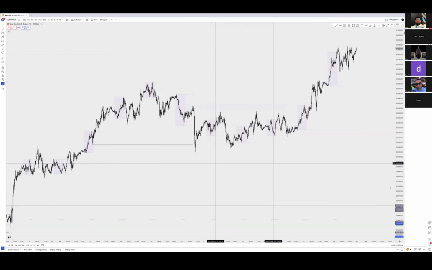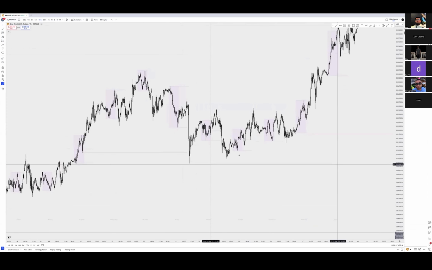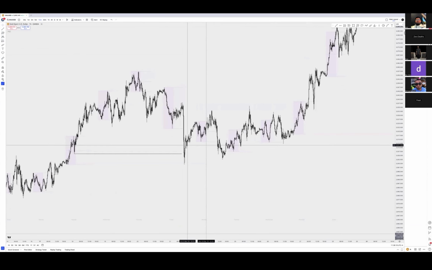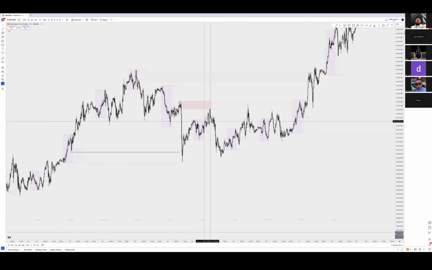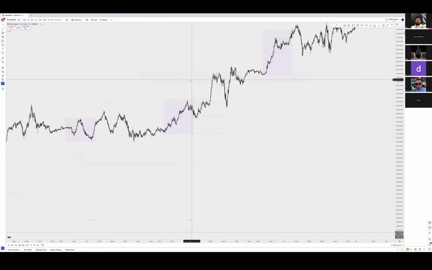You can already see Asia. What it did was it respected these lows over here and then went higher, just leaving liquidity to the downside. And then you see this as well, right? Comes into this area, trap, comes all the way lower. But yeah, so let's talk about London session.